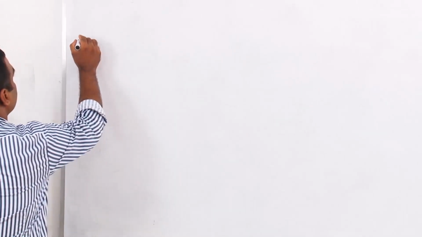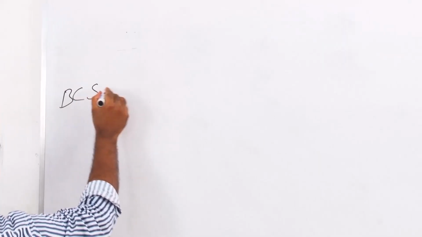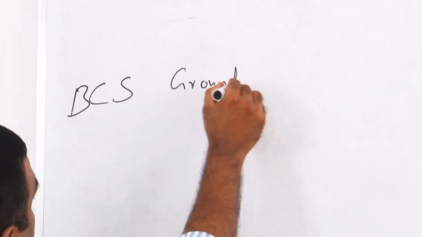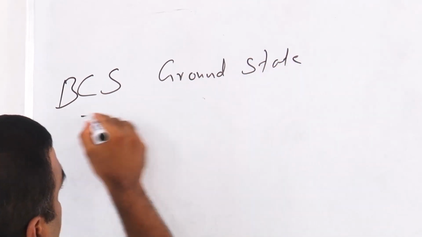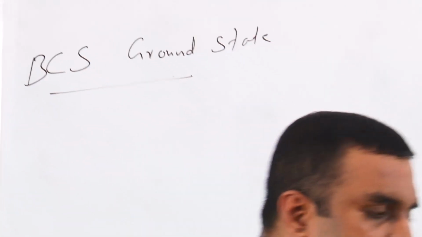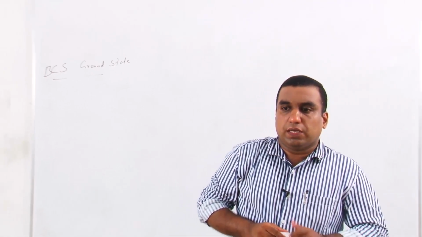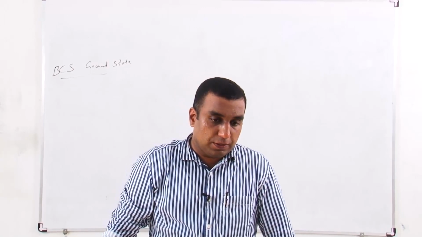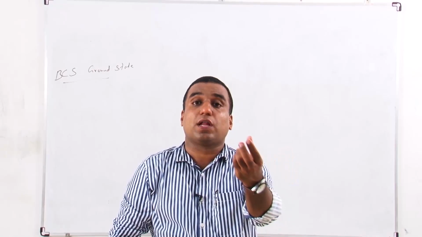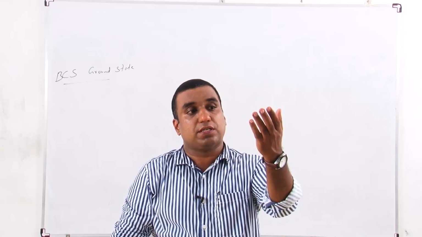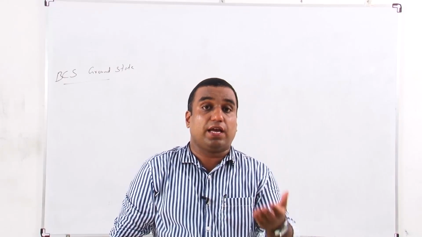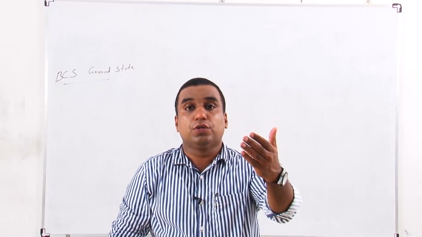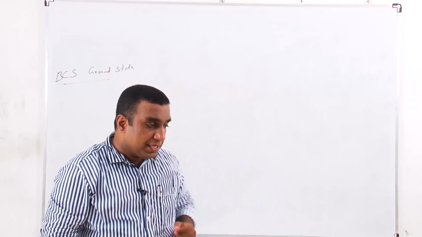Now the third one. The third one is the BCS ground state. In normal metals, electrons lie below the Fermi level at absolute zero, and even a small excitation energy can take the metals to the conduction band, and they can contribute to electric current. But in the case of